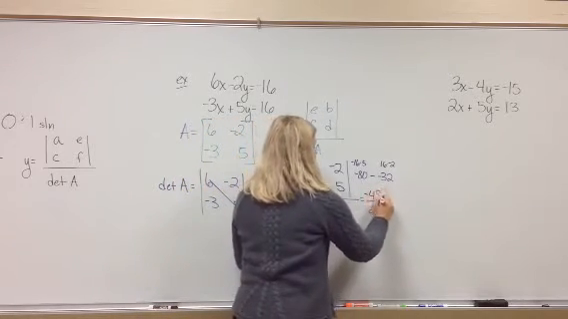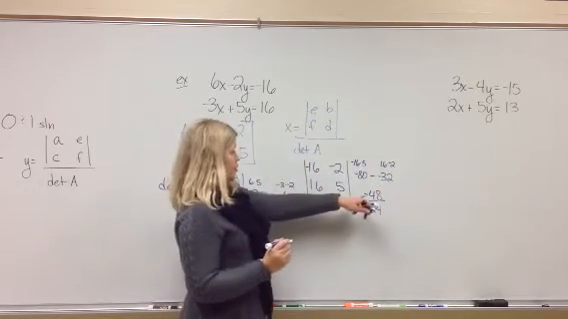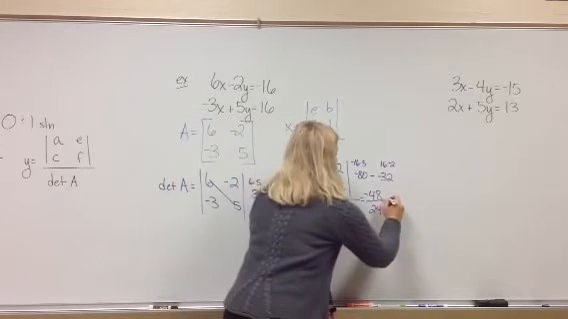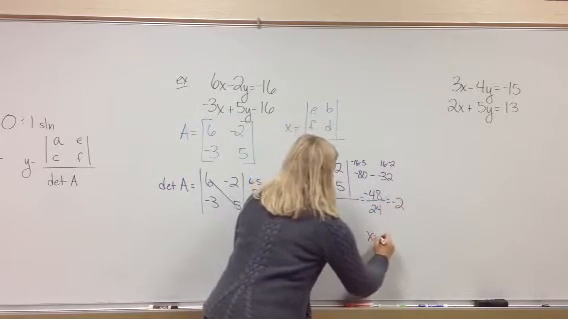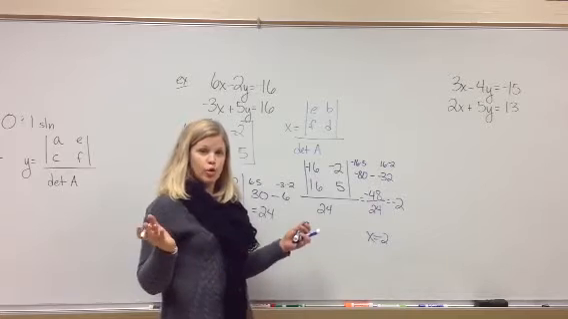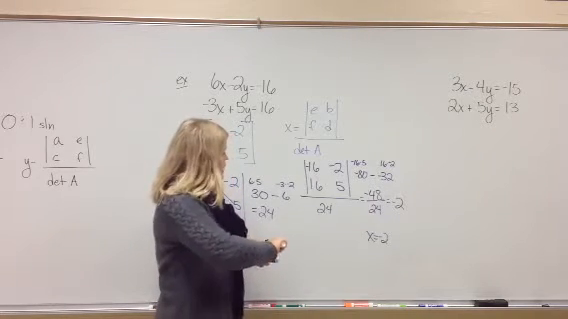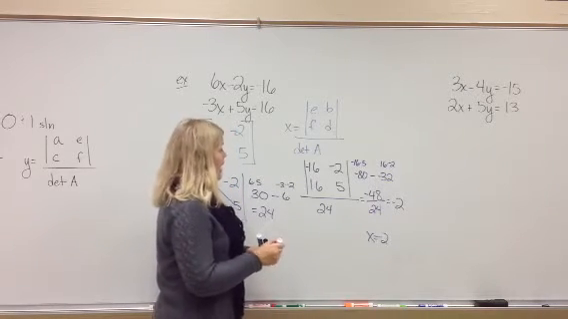So this is -48. And what is -48 divided by 24? Oh, we find out x has to be -2. Sweet! And you're done with that one. Okay? Now for y,